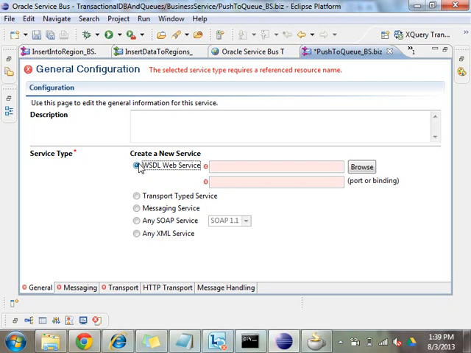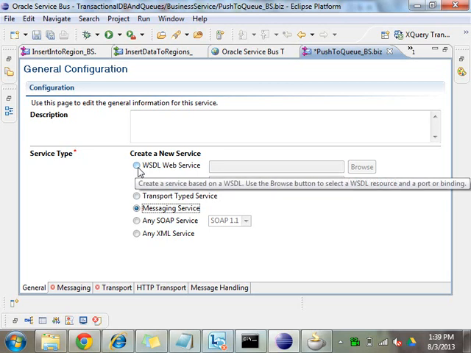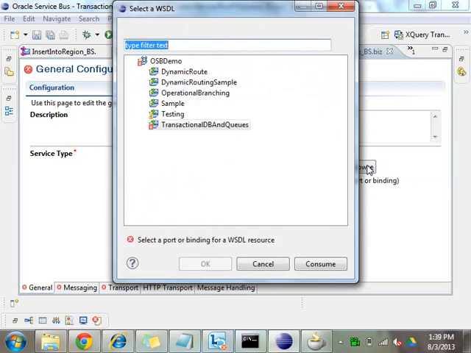So I will have a message in XML format. If I go for a messaging service, it can be binary, it can be XML, or it can be text, anything, right? So now what I have is a visual, right? We'll go for the XML message. I'll go for visual based. What I will do is select a visual which is based on